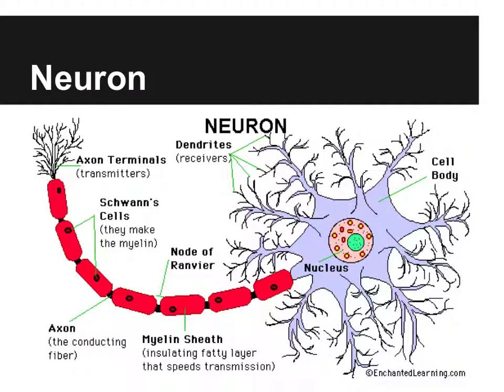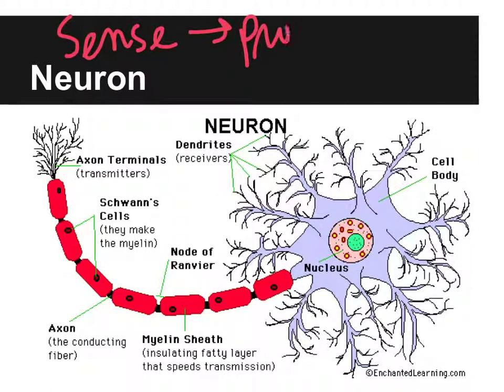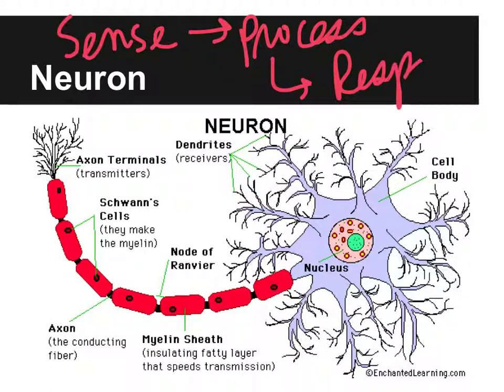All right, so this, my friends, is a neuron. And it looks complicated. It's not really that complicated. There are just lots of branches and arms so that this neuron can send lots of signals and receive lots of signals. Again, let's remember that the whole nervous system is all about sensation, sense, processing, and then response. And so in order for any of this information to be transmitted, it has to be transmitted through